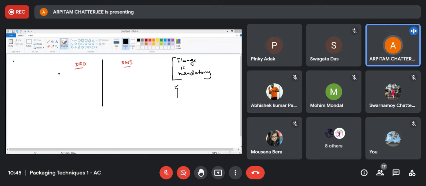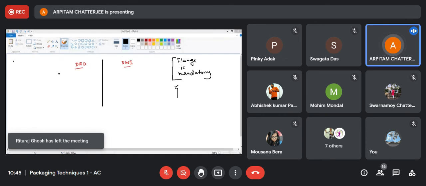Yeah, to some extent correct, not exactly. If you have a food can, then you can use beads in DRD cans also. It's not always true. Suppose you have a small can with a food product, like the cans they use for barley and this kind of products. It's not a very big one, but they have beads. Beads are not actually depending on the size of the can, rather on the product that you are packaging in the cans.